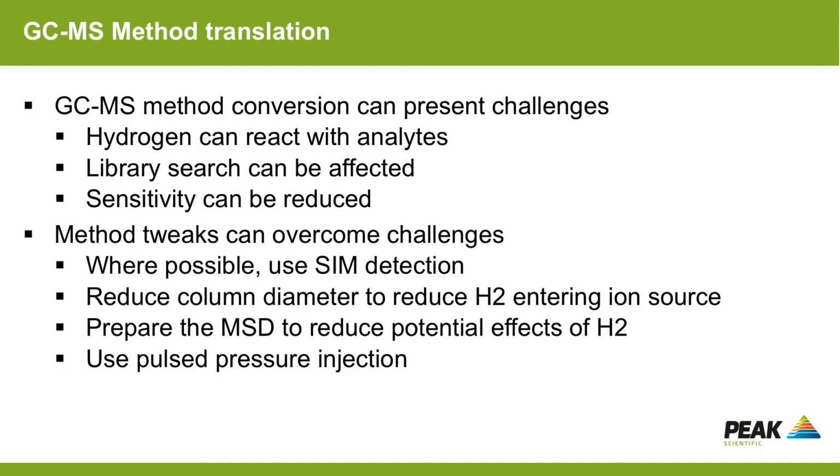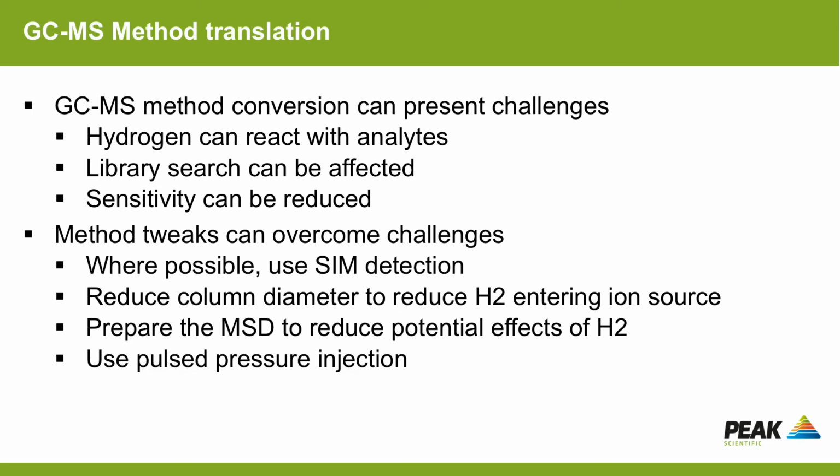Now, there are some method tweaks that can overcome some of these challenges. So when we look at sensitivity, for example, using SIM, so selected ion monitoring detection, or a combination of SIM and scan, can allow improved sensitivity on GCMS systems when using hydrogen. Also, reducing the diameter of the column that you're using for analysis will reduce the amount of hydrogen entering the ion source, which again can